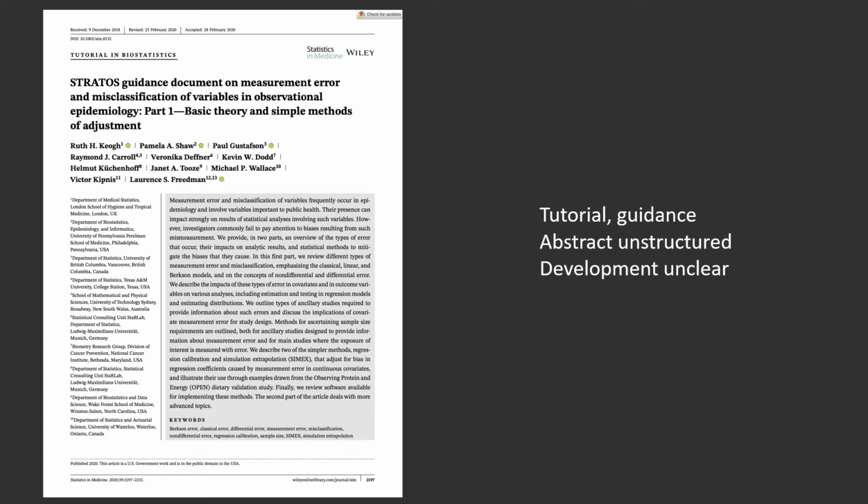First, I'd like to show you a number of examples of methods guidance. Over the years, by looking at selected guidance articles, we observed a large variation, for instance, regarding the labels, abstract format, and development process. In this example, the authors labeled their guidance tutorial and guidance. The abstract is unstructured and the development process is not reported.